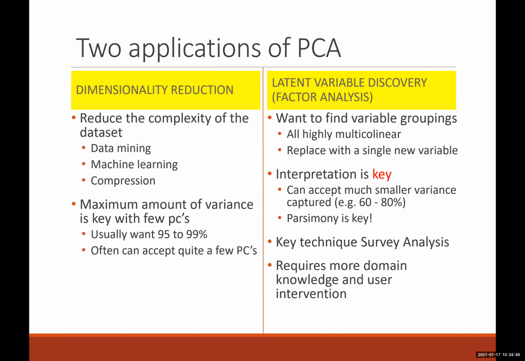a large amount of components. And what is a large amount? It really depends. Typically, we use between 3 and 6 components. Some, depending on how many items, and items are individual questions, let's say on a survey analysis, you could end up having 10 to 20 components, but typically we keep between 2 and 6 components, sometimes 2